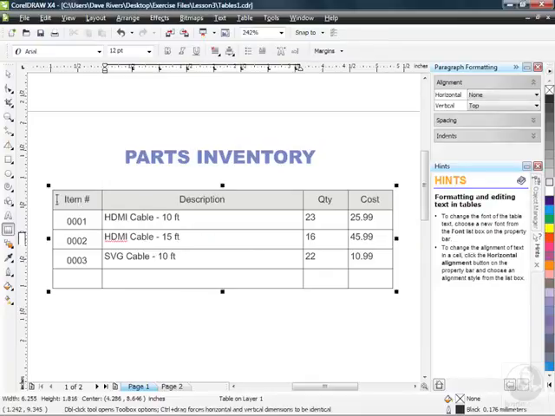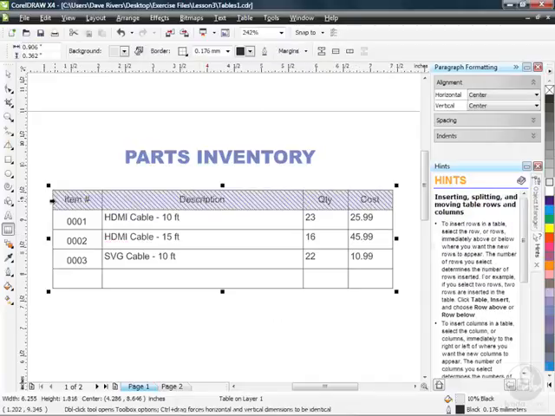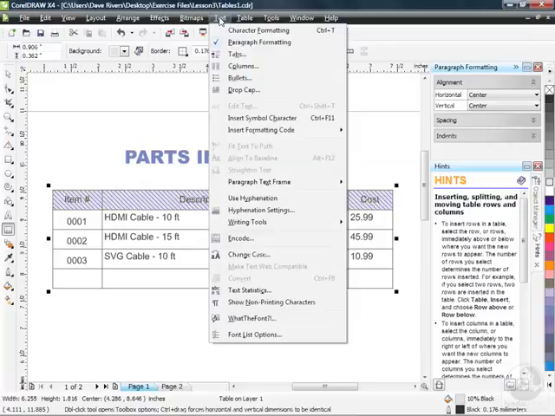Another way to select an entire row is just to move over to the left edge. When you see your I-beam turn into an arrow, just double click, or one click will do the job actually, and select the entire top row here. And now if I want to make a change to perhaps the text, maybe it would be good if it was bolded. Well, I could go up to my text menu if my docker's not already open for character formatting,